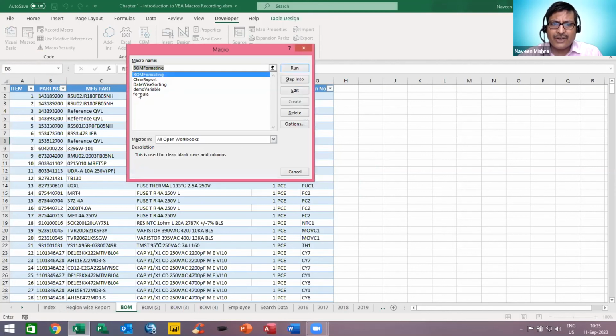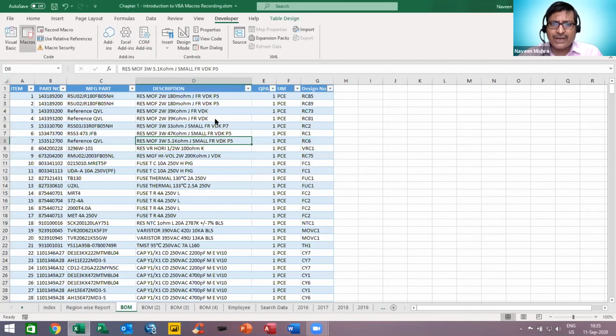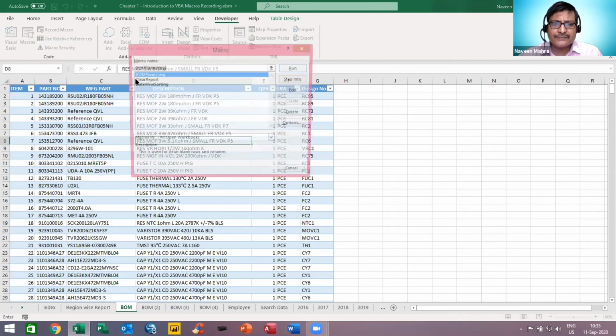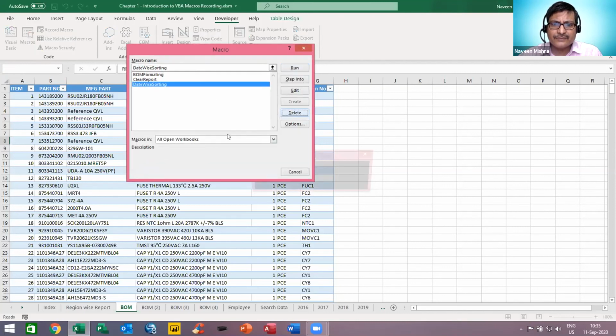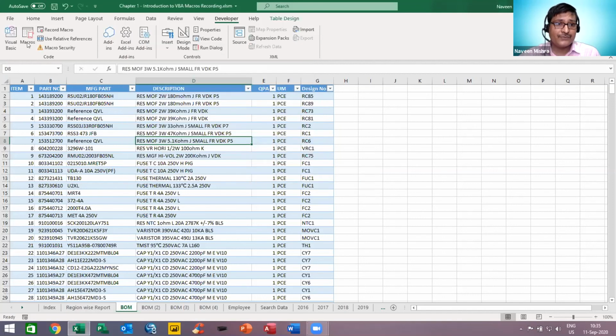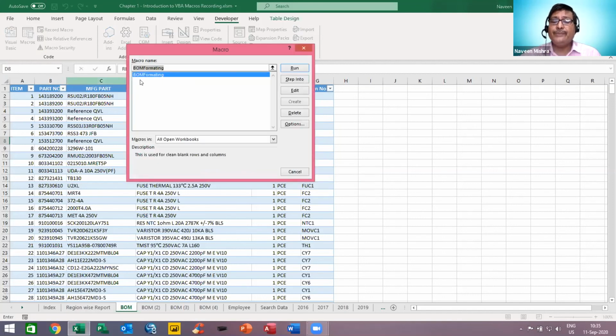All the macros I want to delete because I want to show you how to run it again. I want to keep only one macro, right? So yes, BOM formatting is my recorded macro.